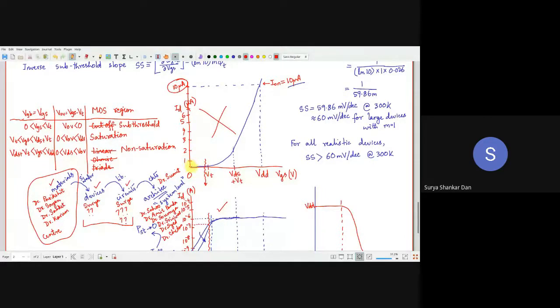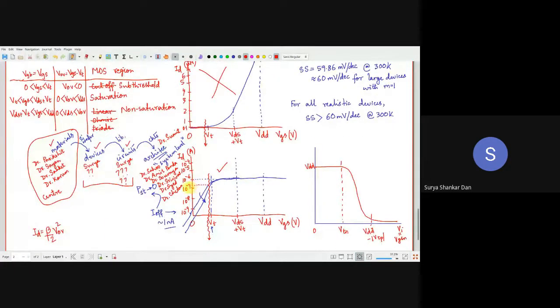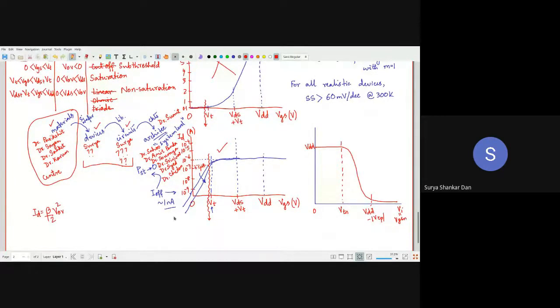If you see straight here, it is 0.1. 0.1 microamperes is good enough. This 10 power minus 7 is 0.1 microamperes. Good enough for our pen drives. What will be our advantage? Your leakages will be very low. And that is basically one of the factors why your pen drives will not lose your Bahubali movie even if you have not watched it. You forgot that pen drive for 10 years. On top of it, there are certain circuit techniques where it will even ensure that this 0.1 microamperes is still not leaking out.